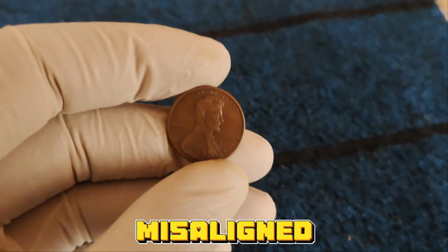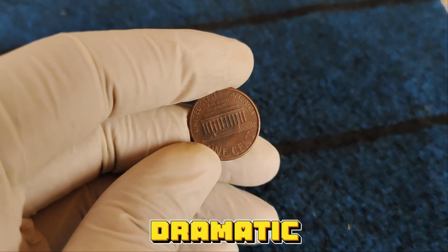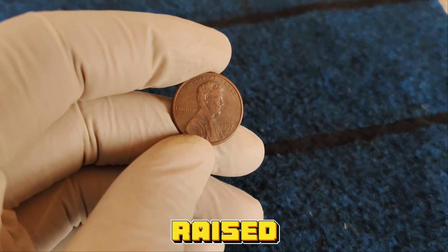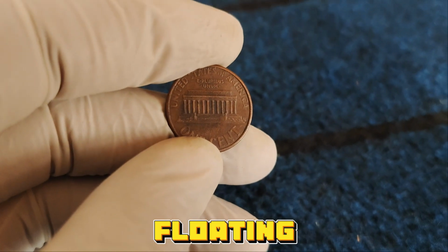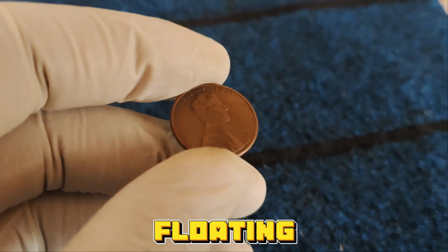Off-center strikes: a misaligned strike where part of the design is missing or shifted off the edge. The more dramatic the misalignment, the more valuable the coin. Die cracks and cuds: raised lines or blobs of metal caused by damage to the coin die. These give the coin a unique appearance. Floating roof error: a famous error where the roof of the Lincoln Memorial seems to be floating because the vertical